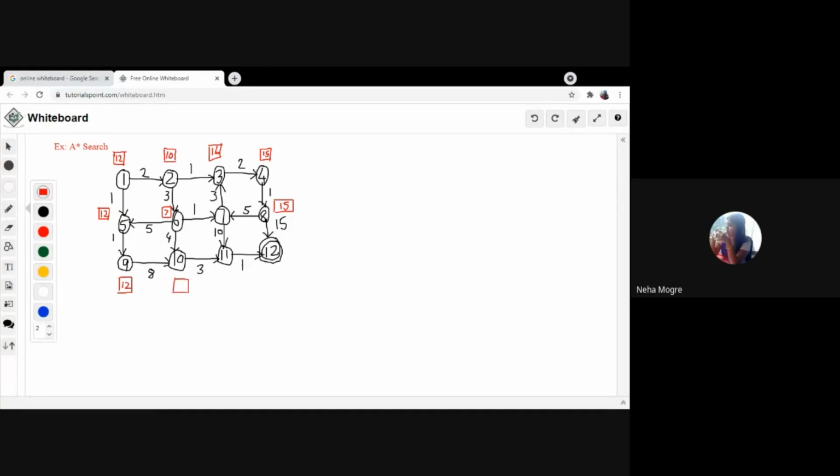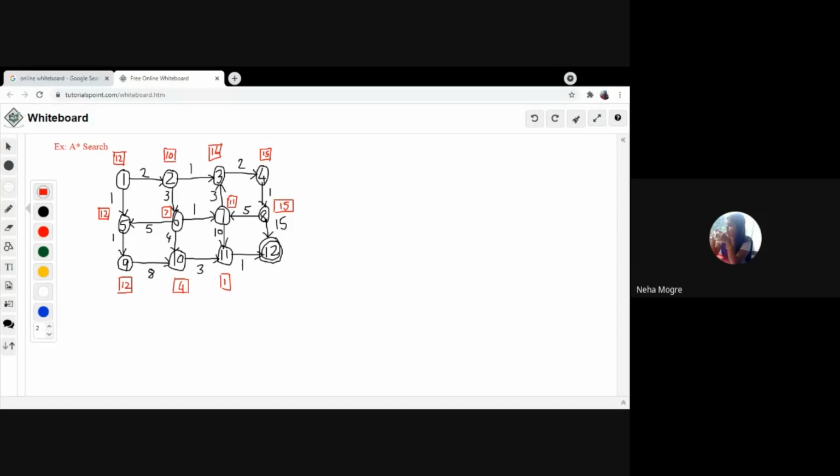For node 10, sorry, 10 will be, suppose, 4. For 11, consider 1. For 7, consider 11.